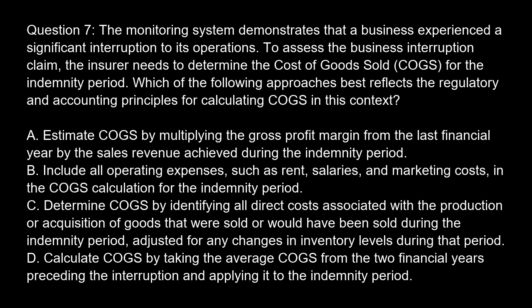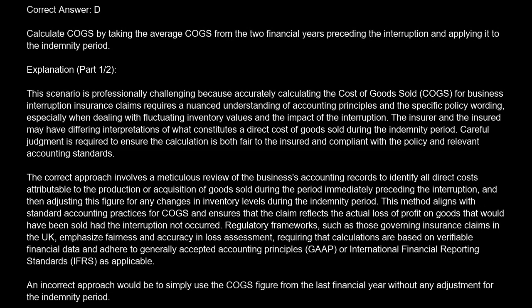Option B. Include all operating expenses, such as rent, salaries, and marketing costs, in the COGS calculation for the indemnity period. Option C. Determine COGS by identifying all direct costs associated with the production or acquisition of goods that were sold or would have been sold during the indemnity period, adjusted for any changes in inventory levels during that period. Option D. Calculate COGS by taking the average COGS from the 2 financial years preceding the interruption and applying it to the indemnity period. The correct answer is D. Calculate COGS by taking the average COGS from the 2 financial years preceding the interruption and applying it to the